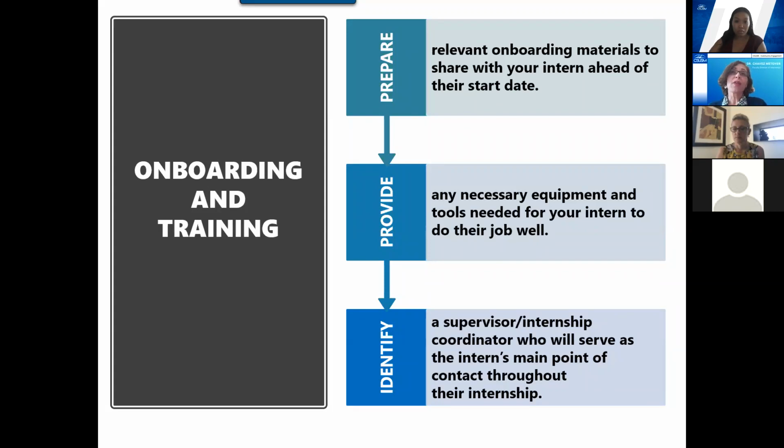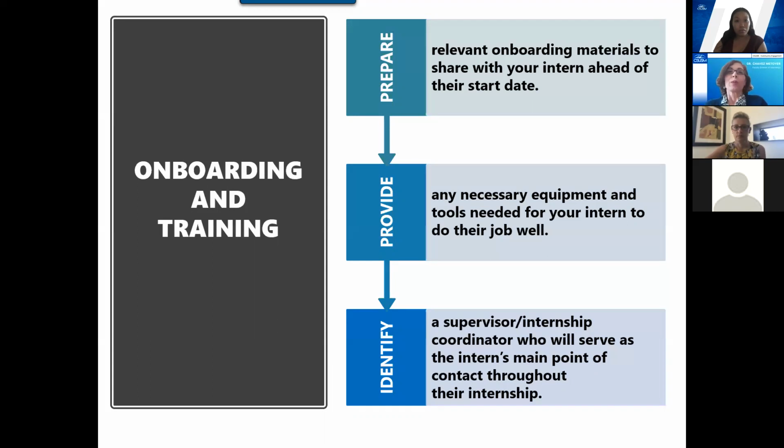And that throughout that week, you're going to create very intentional checkpoints and touch points so that you may have different people who you're going to arrange for the intern to meet with, have them see an orientation video, that type of thing.